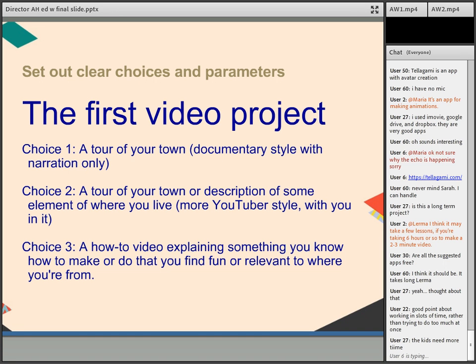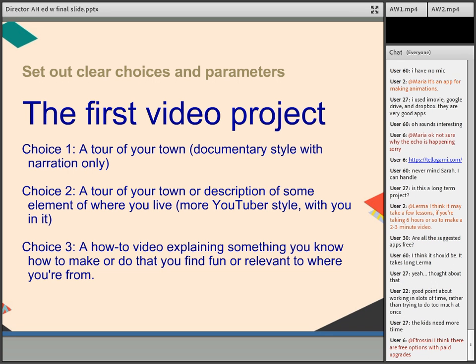Now, I should say that the students did this in a very short time frame. These were older students, 16, 17, so on the older side, they had a lot more of their own time, and they didn't have any class time to do this in because it was like the last 3 days of school or something. And it was so impressive what they were able to do outside of school, and come up with something quick. And the how-to video was what they all chose unilaterally without any pushing towards one or the other. They all wanted choice three.